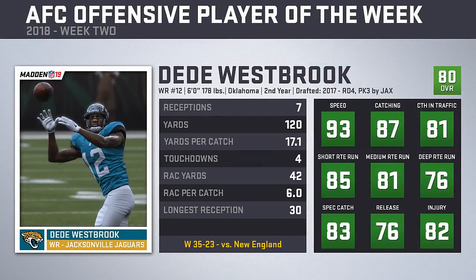The AFC Offensive Player of the Week was awarded to the Jaguars' second-year wide receiver D.D. Westbrook. The Oklahoma product averaged over 17 yards per catch as he caught 7 passes for 120 yards and a new franchise record 4 touchdown catches. Westbrook's huge game played an integral role in the Jaguars beating the defending AFC champ Patriots